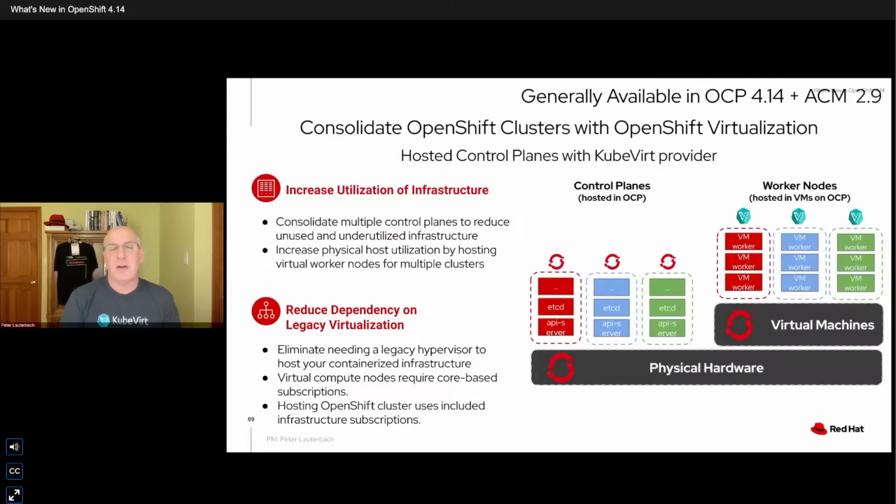As Adele talked earlier about hosted control planes, we allow you to spin up hosted OpenShift clusters on a bare metal OpenShift cluster. A couple of benefits here, which is much better utilization of the hardware footprint, isolation for the tenant clusters, and much faster deployment. We've got it down to about a new OpenShift cluster in about 10 minutes. So if you're running OpenShift on a traditional virtualization provider today, you can actually use OpenShift hosted control planes as an alternative to quickly deploy OpenShift production clusters on OpenShift. I'm going to turn it over to Jochen to talk about,